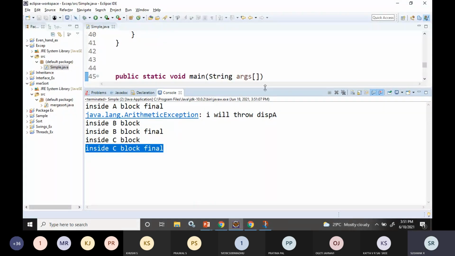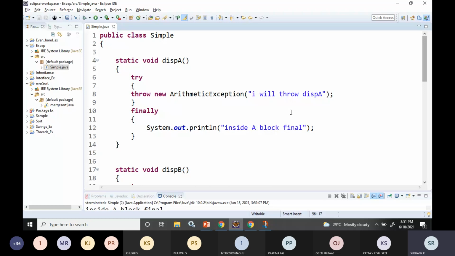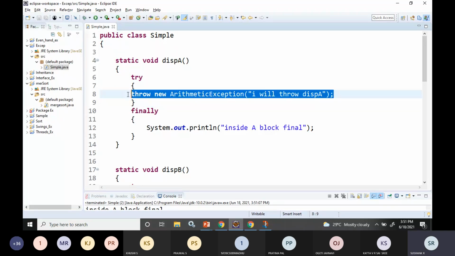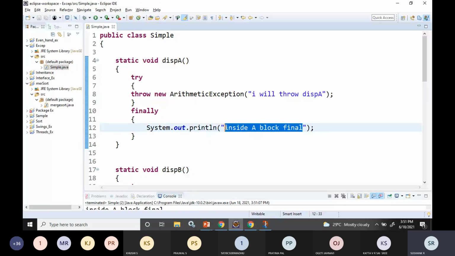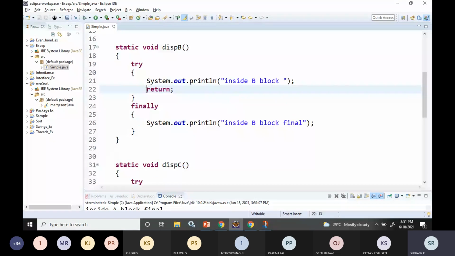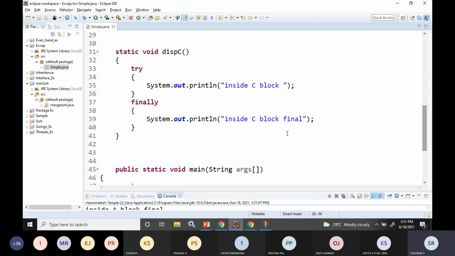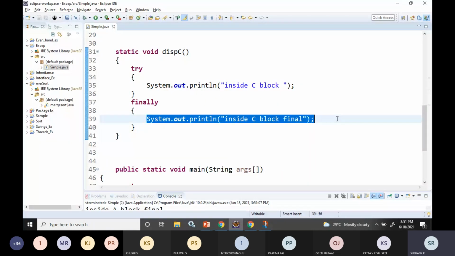Even if there is an exception, we got this output, which means the finally block was executed. Even if there was a return statement, the finally statement was executed. In the third scenario, even if there was no exception, the finally statement was executed.